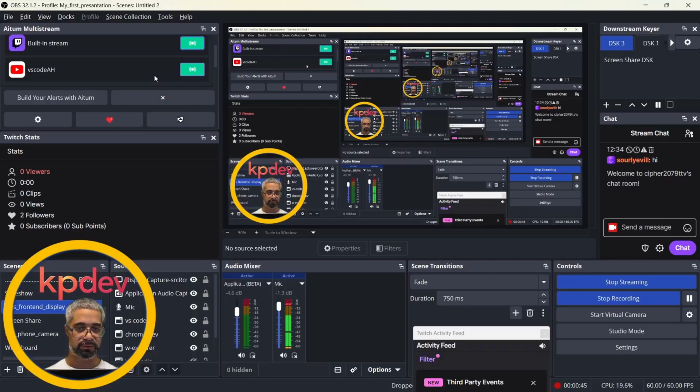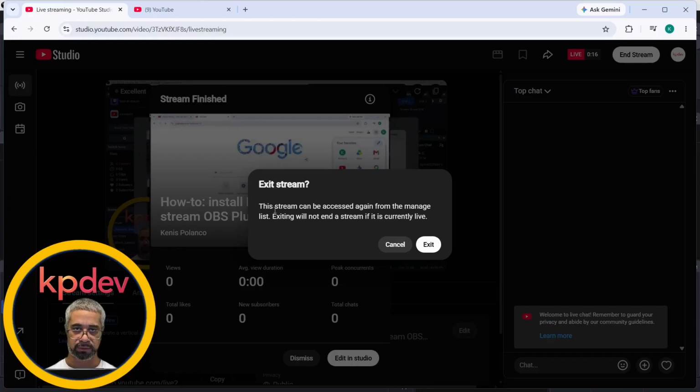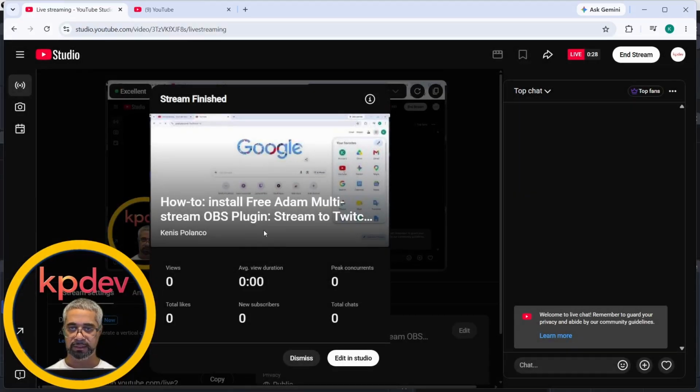So in order for you to stream and code and record your screen at the same time, you have to work with multiple applications. Right now, I'm working with OBS and obviously my VS Code. So right now, I'm supposed to be live on YouTube, but I want to make sure. Let me see. This stream can be accessed again from the managed list. Exiting will not end a stream if. Let me see what's going on here. I just want to make sure that